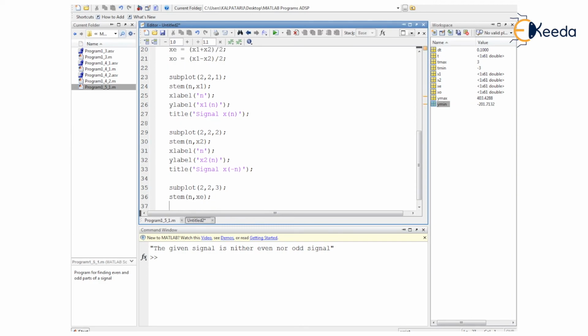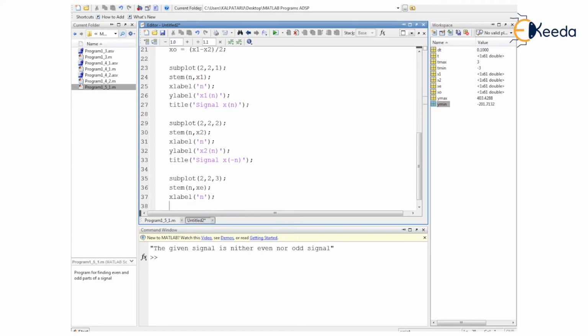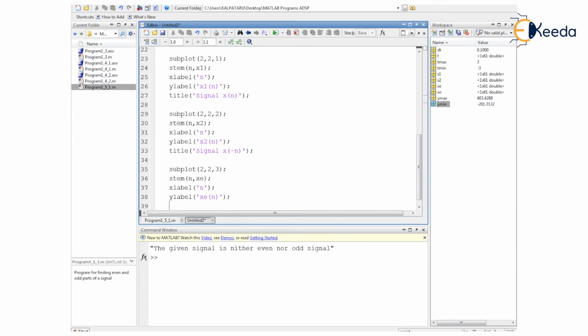Then we have the nomenclature to be done. So it is xlabel. Inside the xlabel command we have the discrete time variable n, ending this with a semicolon. Then there is the ylabel command. Inside the parentheses and a pair of single quotes, we shall be mentioning xe of n. So that is holding the even part of the signal here.